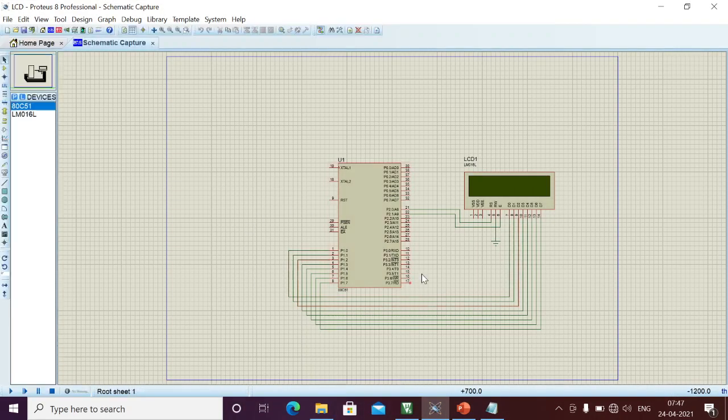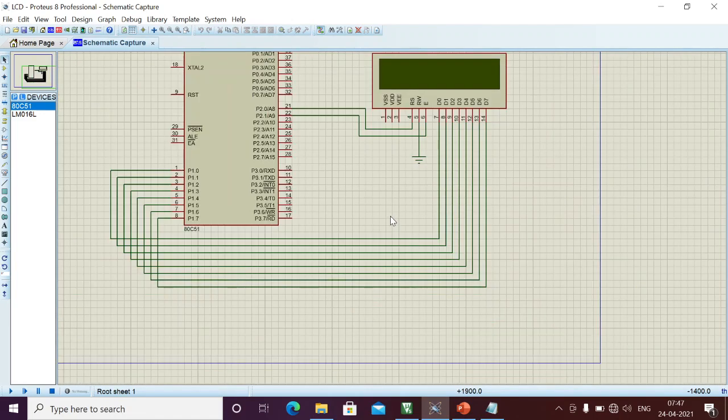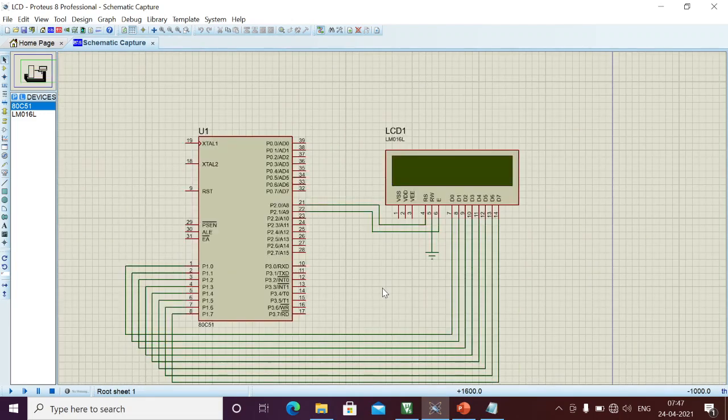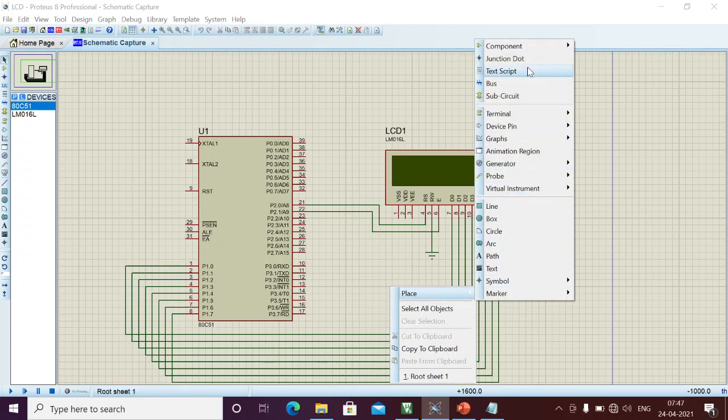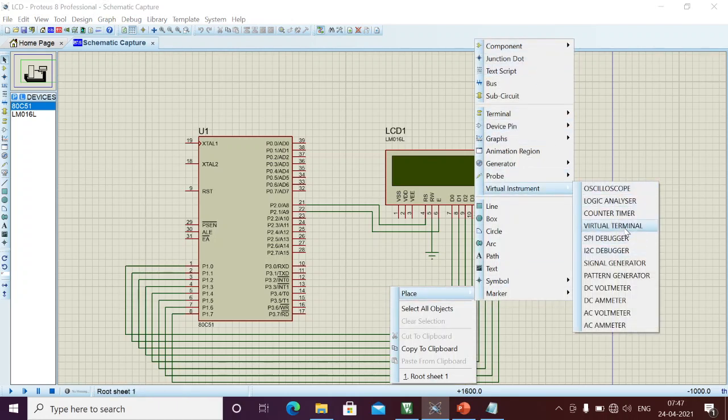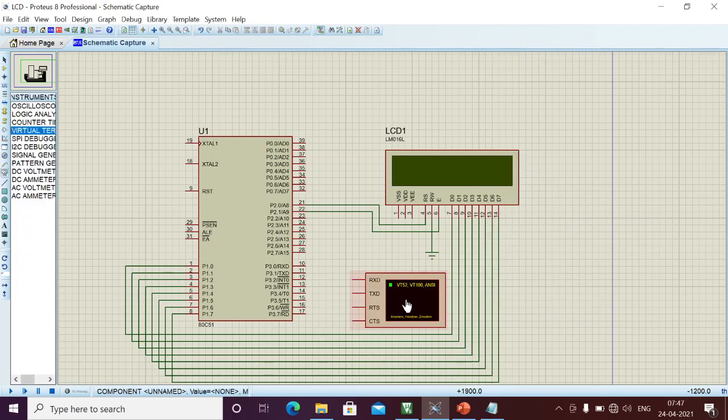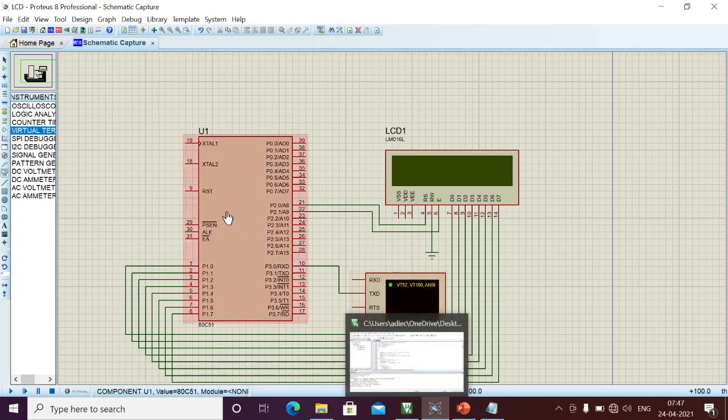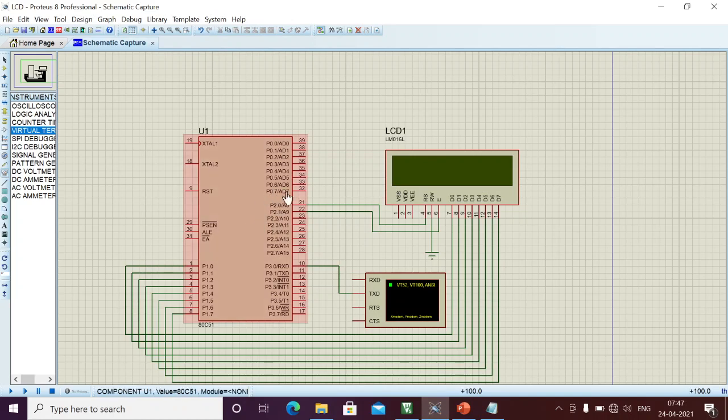Here I have only the LCD connected. Right now I am going to connect my GPS. Here also I can take the virtual terminal from here. This TX pin I should connect to the RX pin of our microcontroller. This is how we normally connect our GPS to the microcontroller. And here I am going to transmit the GPGGA data, and we should pick up only latitudinal and longitudinal data, and that I should display onto the LCD.